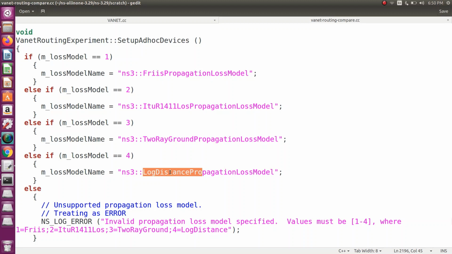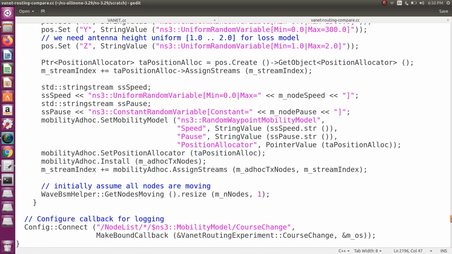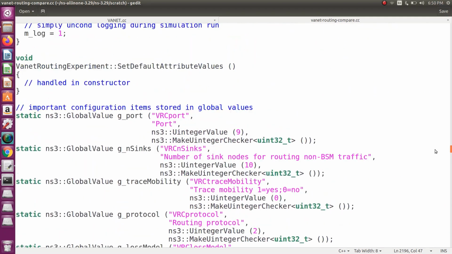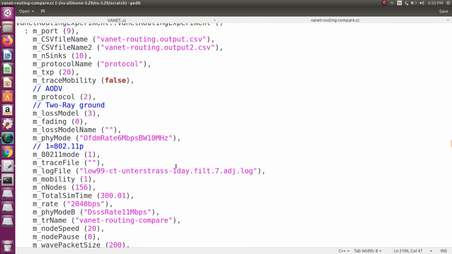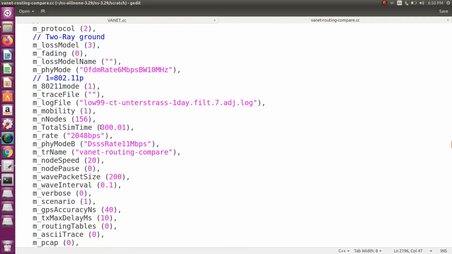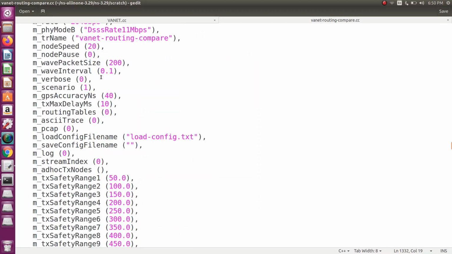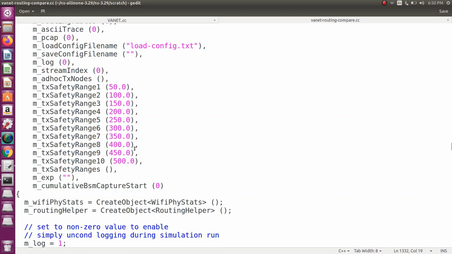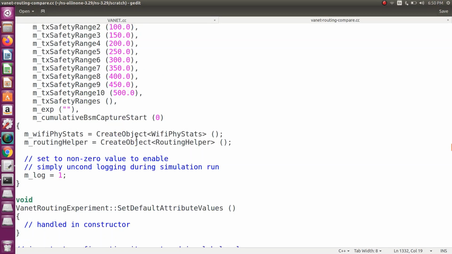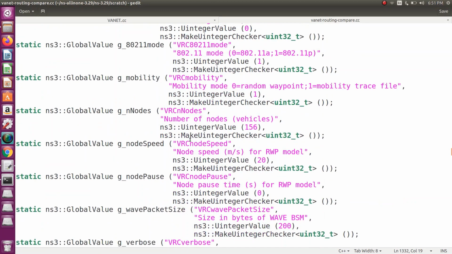You can change the number of propagation models available in your VANET as per your wish. So this is the basic model. Then fading 0. Then the next is the physical mode we are using. We have a number of such settings, so you can change these things as per your requirements.